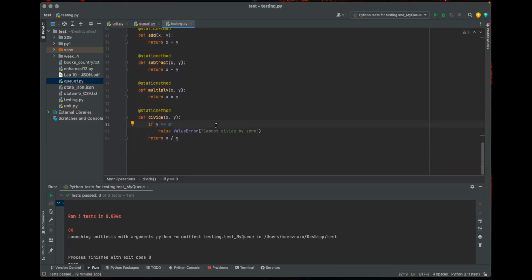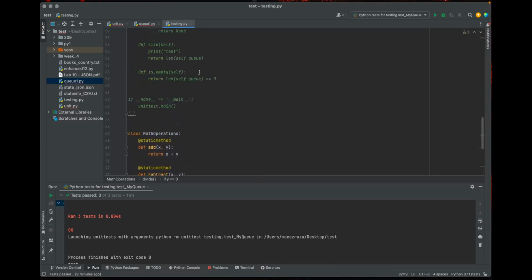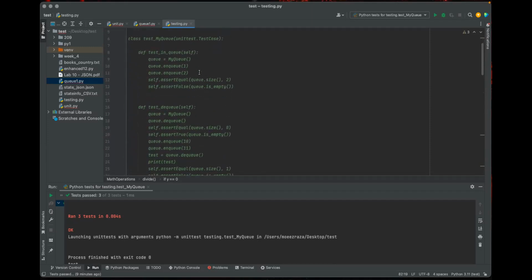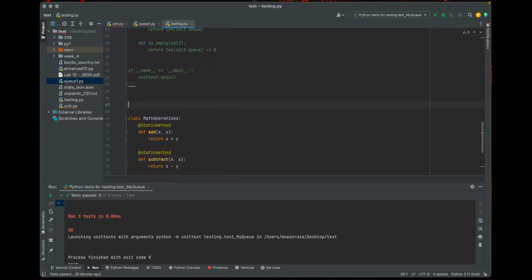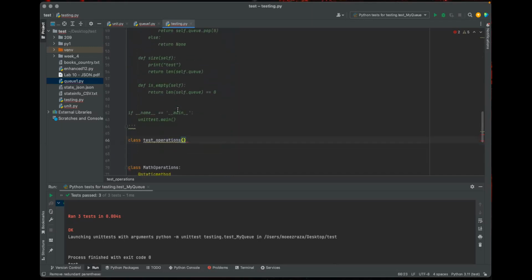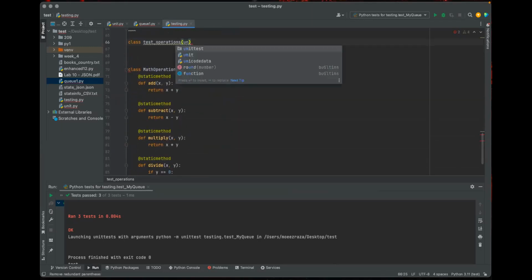All right, so we have all of these. We make a unit test or test case. Does it have the parentheses?